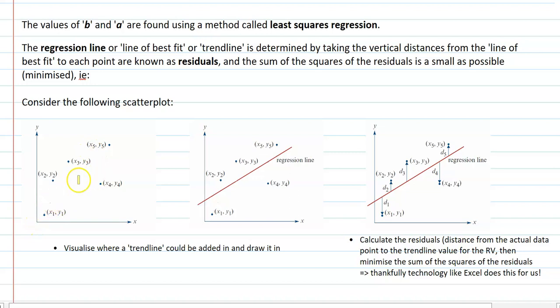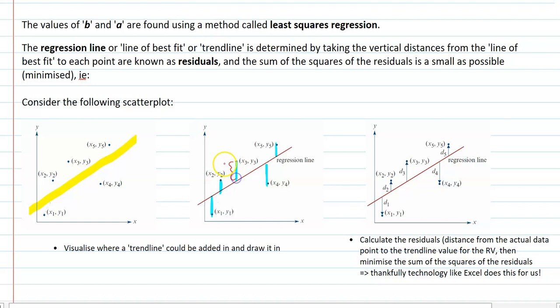Okay, so essentially you visualize in your scatter plot where your trend line could be added. So if I was looking at initially here, I could see that maybe a best fit trend line would go there. Luckily for us, technology will do this for us, but essentially what happens is the trend line is fit by minimizing the distances between each of the points and a line.